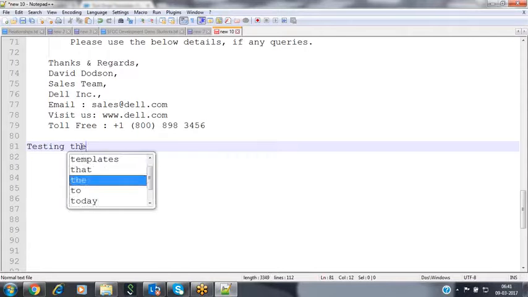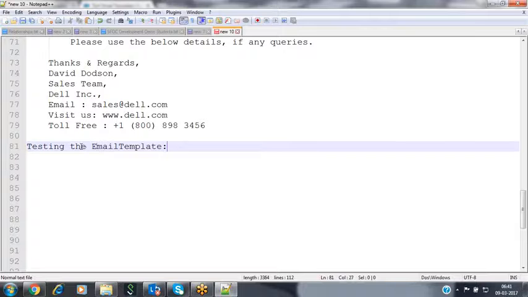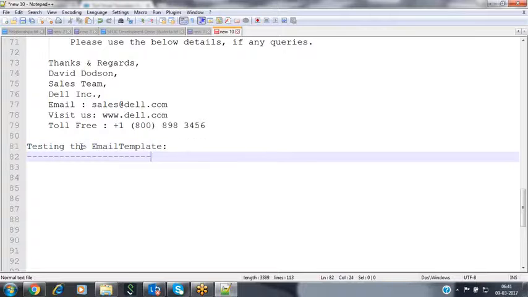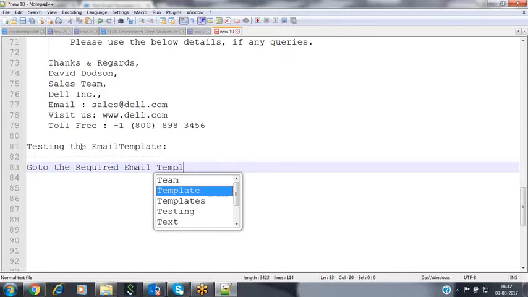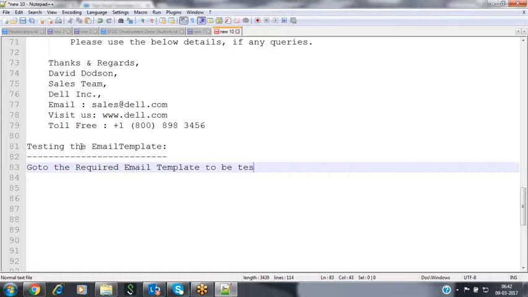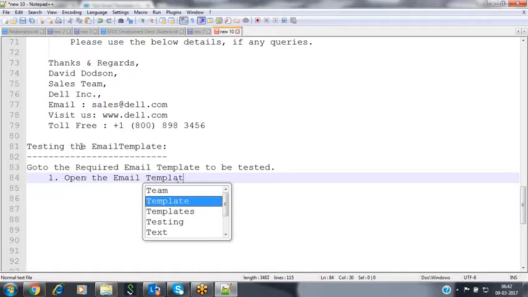Now let's see here: testing the email template. How can we test that here? Go to the required email template to be tested. Open the email template.